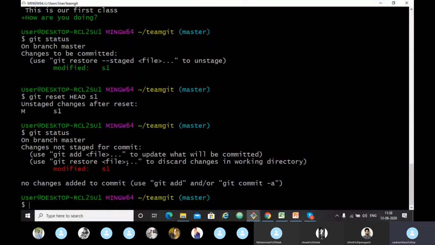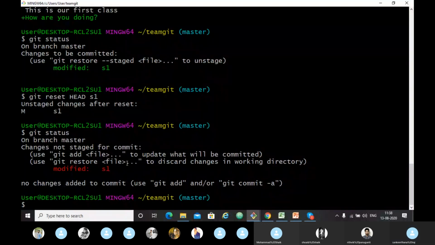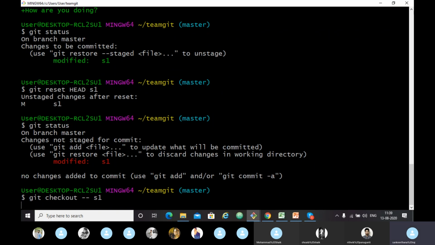So we can also see now with git checkout. So now we will use git checkout -- s1. So we have unstaged the s1 file.